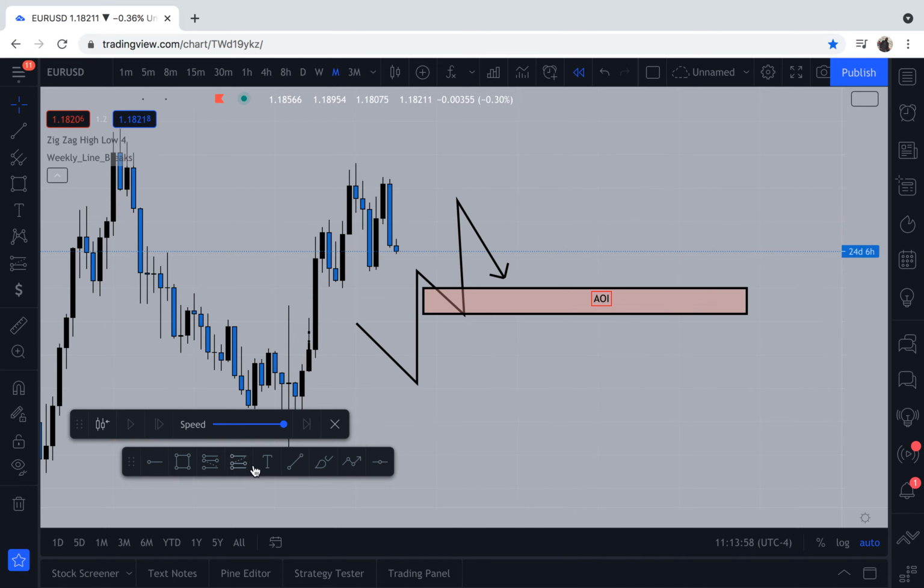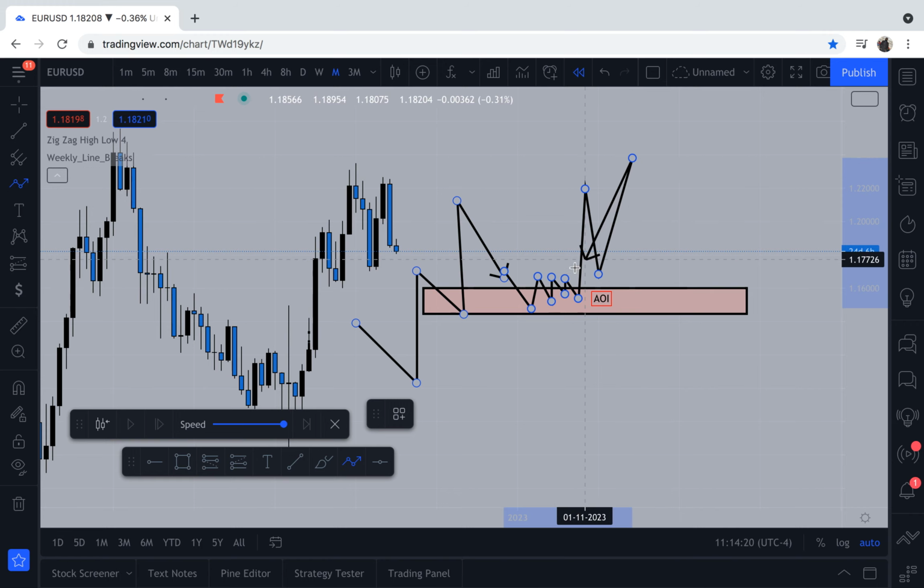Or people would look for some form of it, and it's all the same thing once you kind of look at it, but some people look at wedges. They'll look for some kind of squeeze here, and the market would just kind of consolidate, consolidate, and then break out. Some people will then buy the retest of the breakout to continue it up, or some people would just buy the break of structure to buy up,